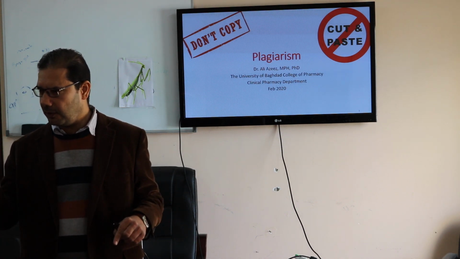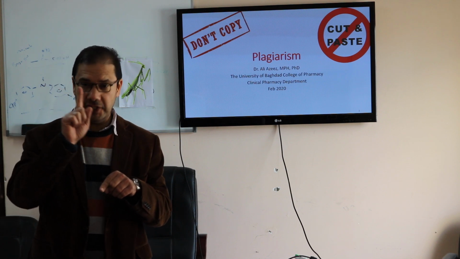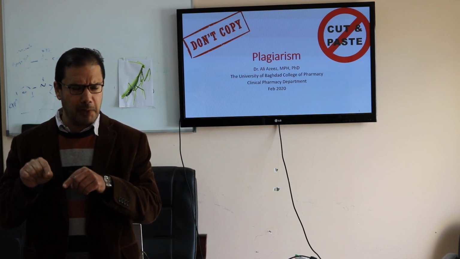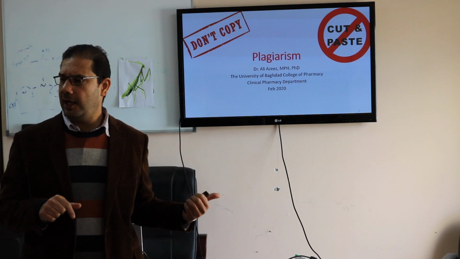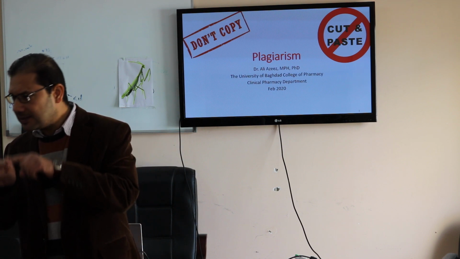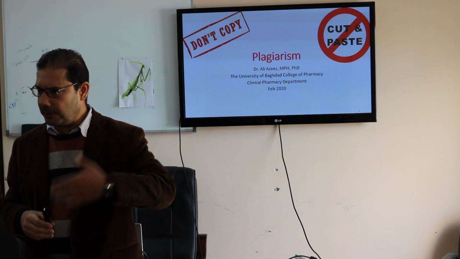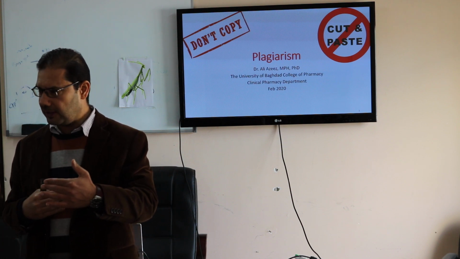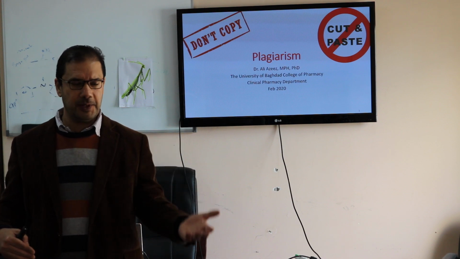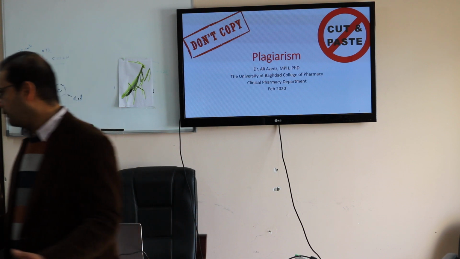We have two types of citation. We have in-text at the end of each sentence. If you borrow this sentence from other sources, you need to put the original source at the end of your sentence. Sometimes they put numbers. Then at the end of the thesis, you will put the whole references. It depends on the types of references.